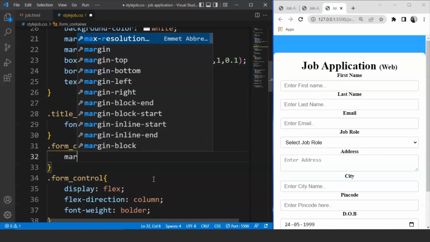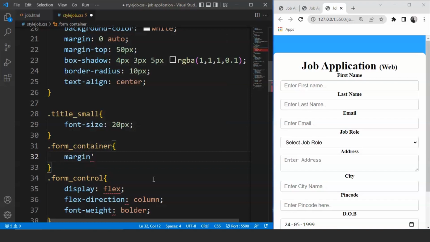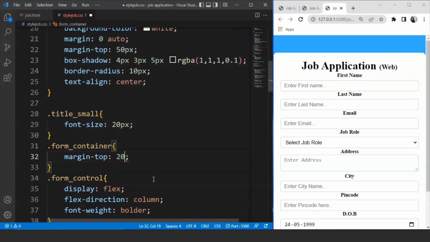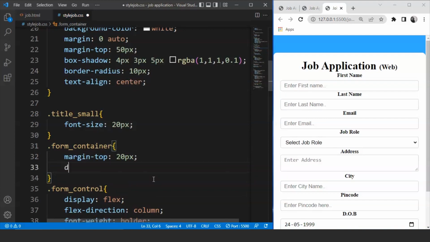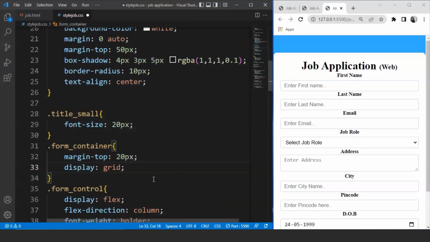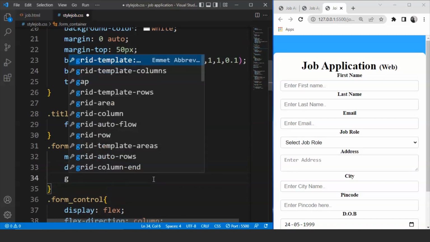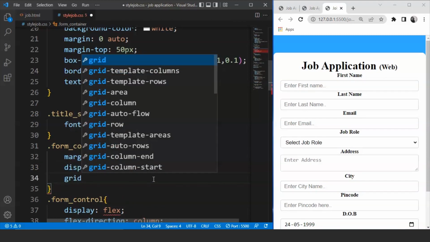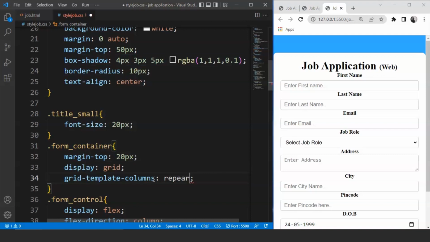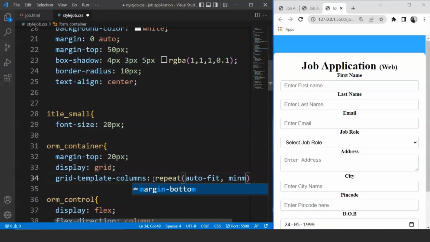Inside the form container class, we have to write here margin top. Margin top is going to be 20 pixels. Then we have display as grid, and we will define the grid template columns. So we'll write here grid template columns. We'll write here repeat, and inside here we'll write auto-fit, comma, minmax,